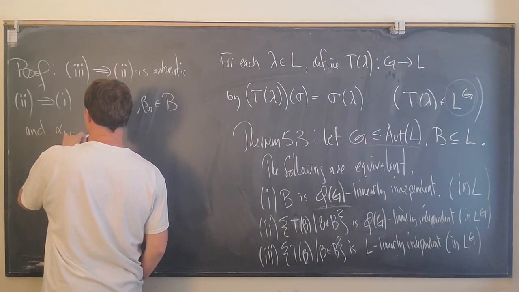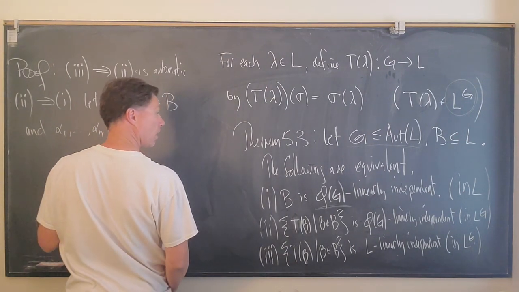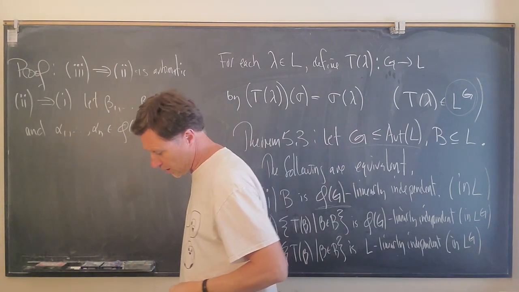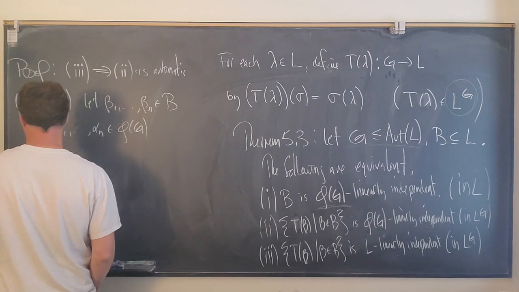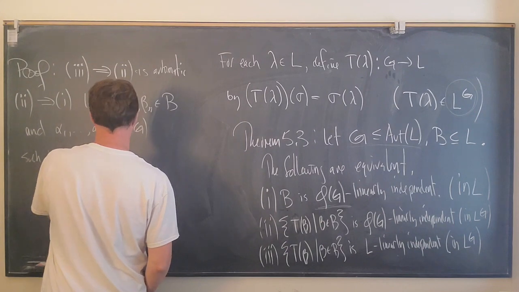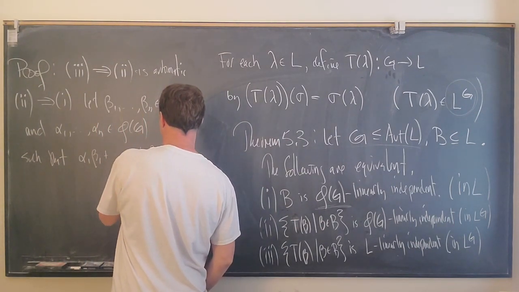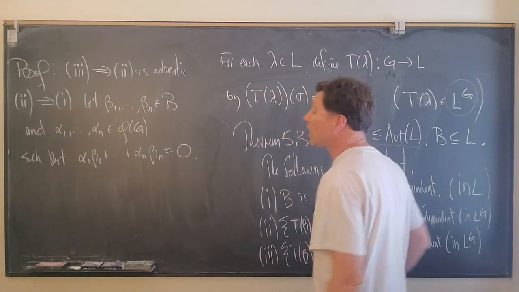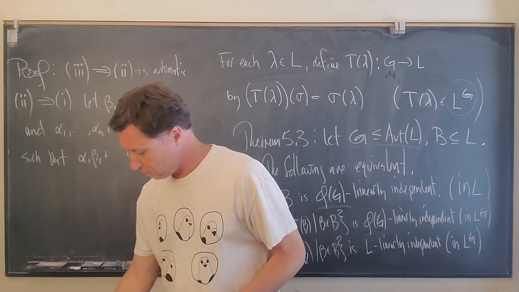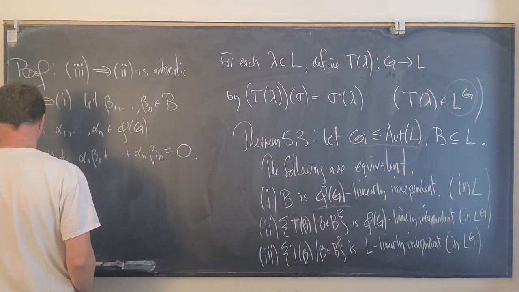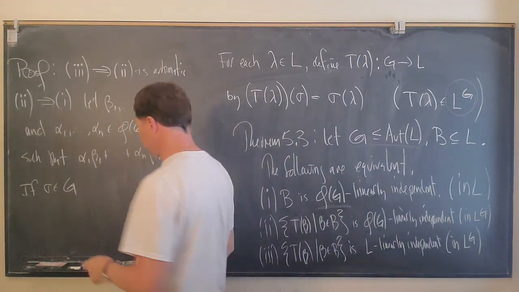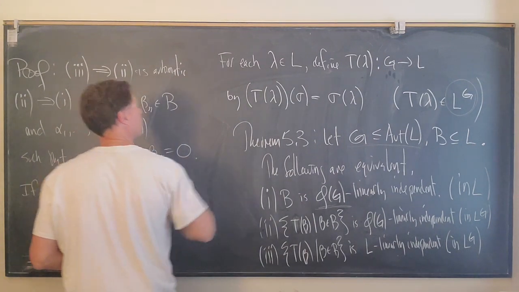and alpha 1 up through alpha n be in phi of G, such that alpha 1 beta 1 plus dot dot dot plus alpha n beta n equals 0. And what we need to do is show that all these alphas are equal to 0. Now, if we take some element of G, so if sigma's in G, then